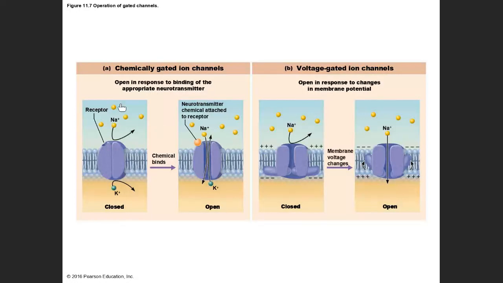Chemically gated ion channel. Look over here to the left and you'll see this is actually a sodium channel, but it has a little receptor site on it. And we're going to have a neurotransmitter. When we say chemically gated channel, we're going to be talking about either a neurotransmitter or a hormone for the most part. So the neurotransmitter comes over here and binds to the receptor site on this sodium channel. That causes the sodium channel to open. Well, this is actually showing a